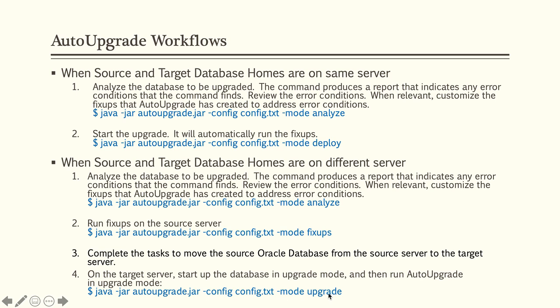And this will make sure you start up the database using the old version database with the new version binaries in upgrade mode before you actually fire the upgrade. And then it will find out, oh, in the 19C home your Oracle database version is 11G, and it will pick it up from there and run through the entire upgrade process from there onwards.